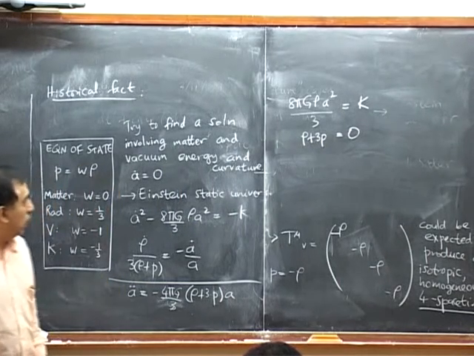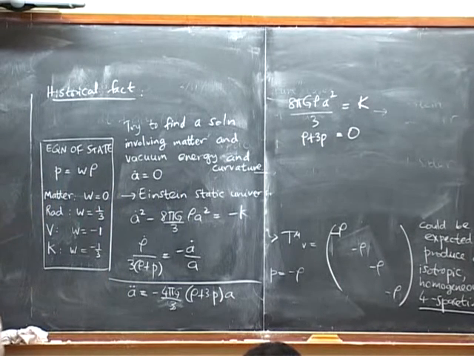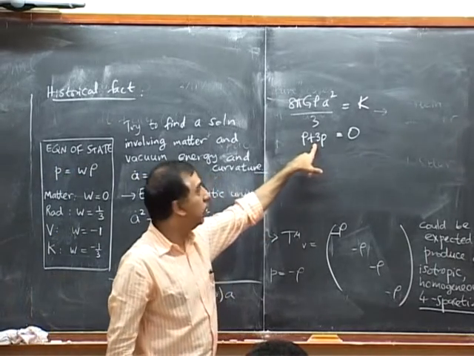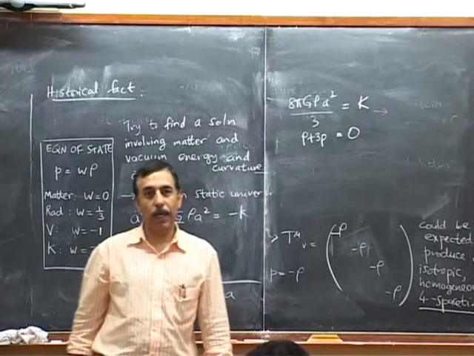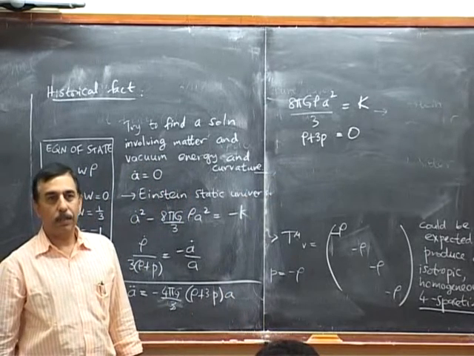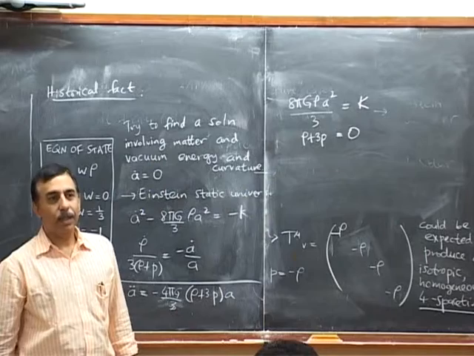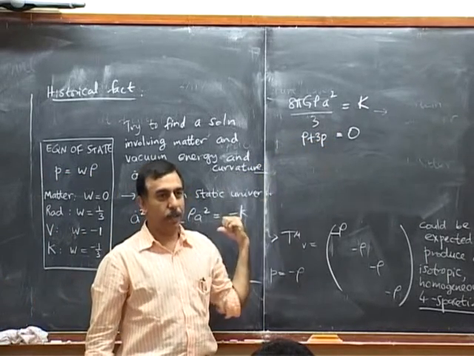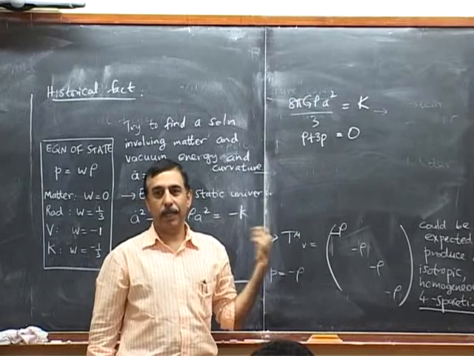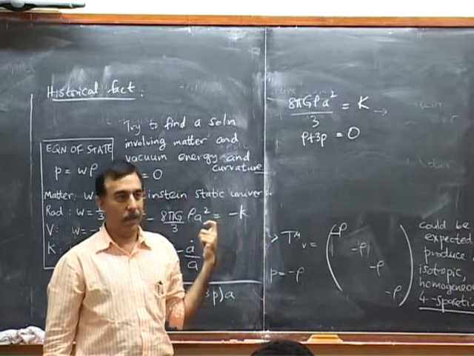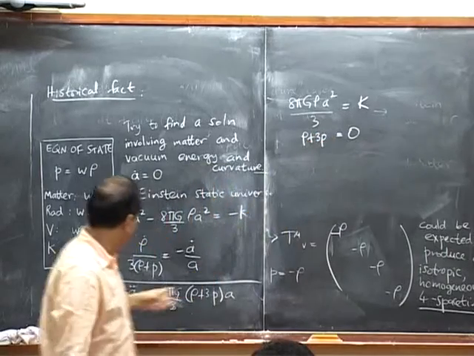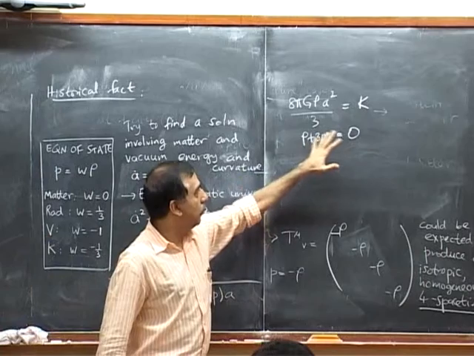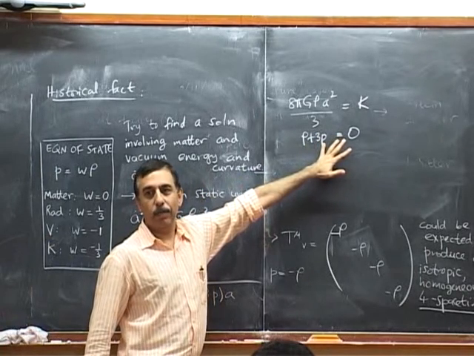Well, now you look at this and you'll say this corresponds to an equation of state P equals minus 1/3 rho, and that's the equation of state for curvature. And here's where you'll be making a mistake, because the whole point is that curvature is exhibited separately. This rho and p in these equations as we are using them now are for these three things: matter, radiation and vacuum, not for curvature. In fact, the reason it's 0 is because we've taken a double dot equals 0. So it's 0 summed over only matter, radiation and vacuum and not over curvature.